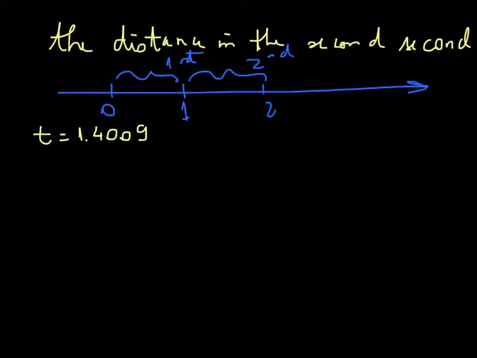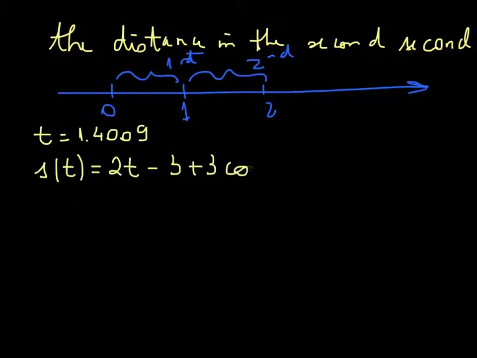So I input in the calculator the function for s of t, which was 2t minus 3 plus 3 cos 2t, I believe. And I make a table of values for t equals 1, 1.4009, and 2. And I learned that